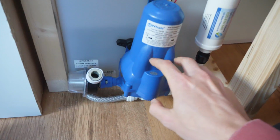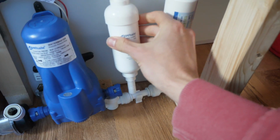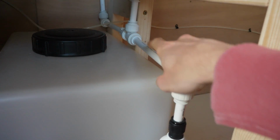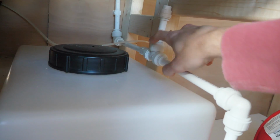So then it's all filtered, goes through my pump, then it will go to my damper, then before it gets to the filter, it's going to go to a T-junction valve, and it will then split off towards my shower and then off to the water for the tap, and that is where I will put the filter back in for the tap, and then the other one will go off to the shower, which will be powered by a small gas canister, and I do mean small, not like the tiny weeny ones you put between the gas hob cookers when you go camping, something a little bit bigger, but it's something that the whole shower system could basically